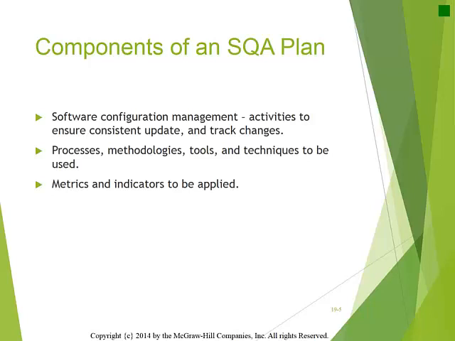The SQA plan should include the following sections: purpose, management, standards and conventions, reviews and audits, configuration management, processes, methodologies, tools, and techniques, and metrics and indicators. The purpose should specify the purpose and goal of the plan as well as the product that the plan revolves around. The management section should specify the project organization and team structure and who will be responsible for SQA activities